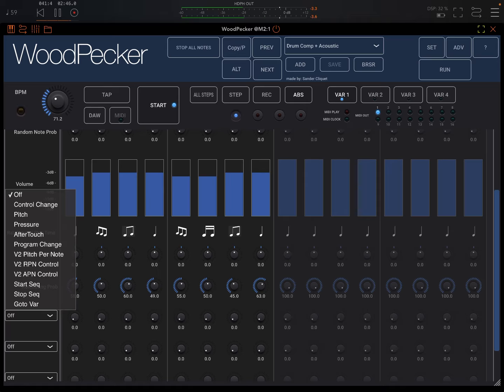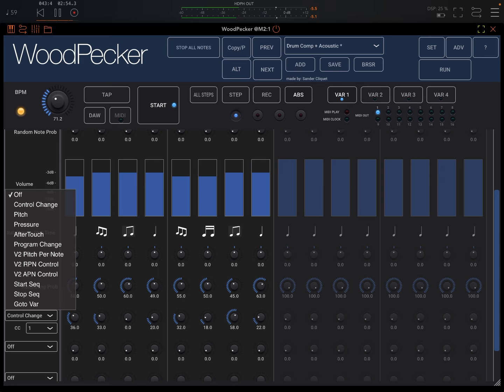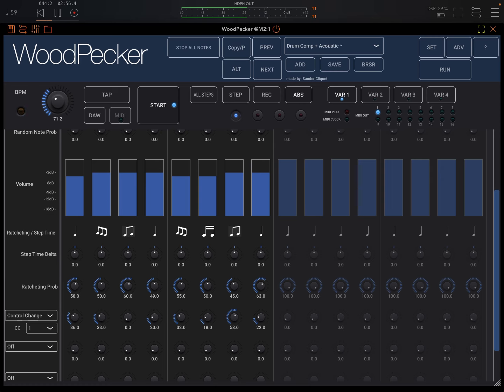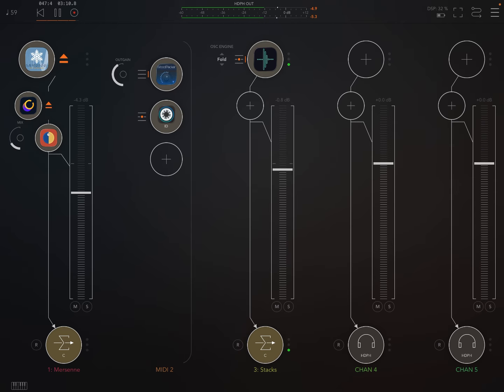Now, I've got an example here for sending CC. So if we look here, you can see I've dialed in some values on these 8 steps. So this is going to send out on CC1. So just using it like you would say an LFO, right? Actually, I've set this up for Mersenne here,